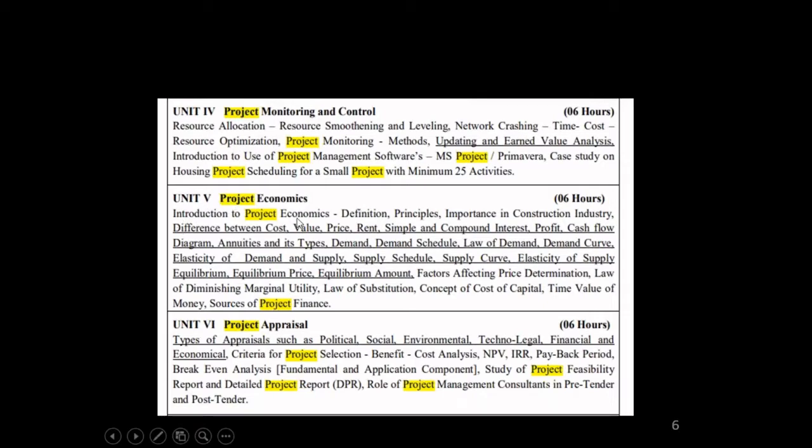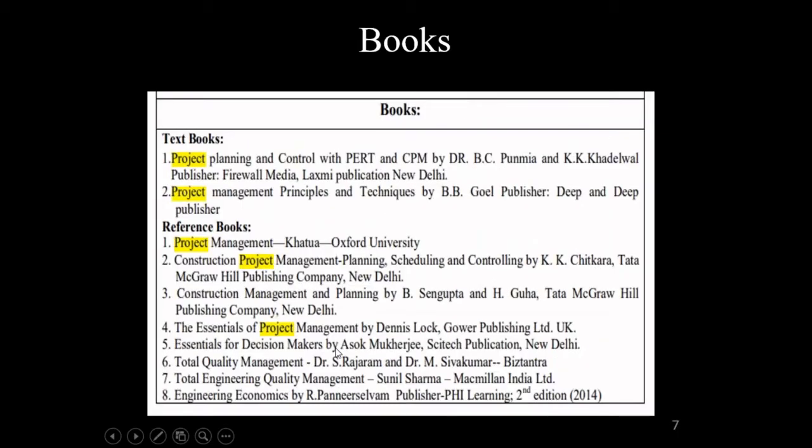Then unit 5 talks about project economics, in which different price, rent, cash flow, demand curve, equilibrium in the demand, all these terms which are related to the economics of the project are discussed, and appraisal of the project is discussed in unit 6, in which we are going to see the profit we are going to get from the project by various appraisals, and these are the books which are available